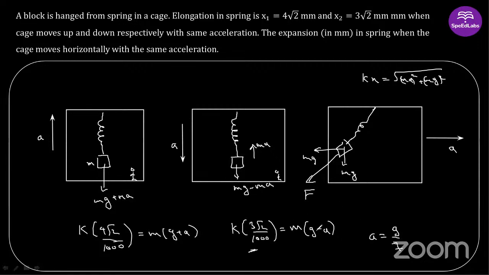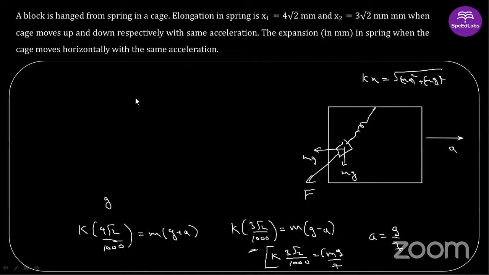One second. I need to put the value of a in one of the equations to get the value of K as well. So K times 3 root 2 by 1000 is equal to m times g minus g by 7, which is 6g by 7. So this equation also will be useful to eliminate K from here. So put the value of K. I am rewriting this equation because it's taking a lot of space. Kx, what is K? K is basically 6 mg by 7 times 1000 by 3 root 2